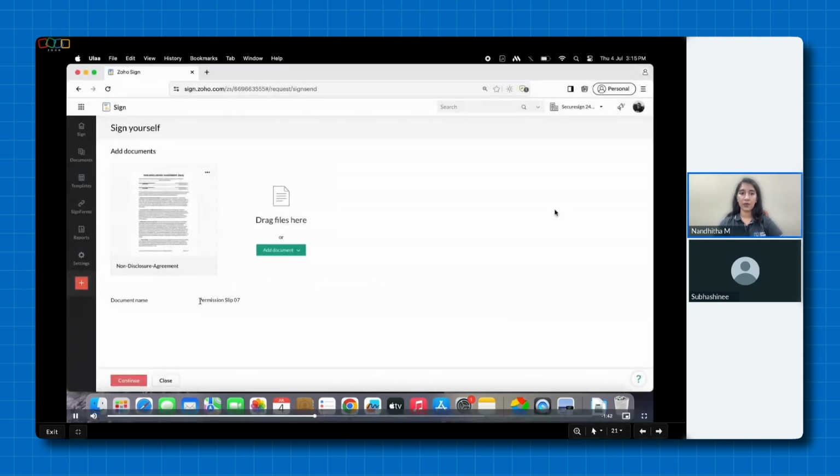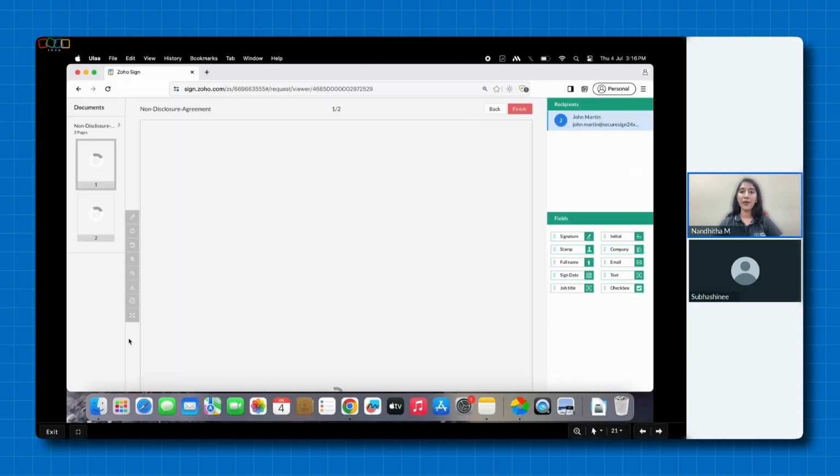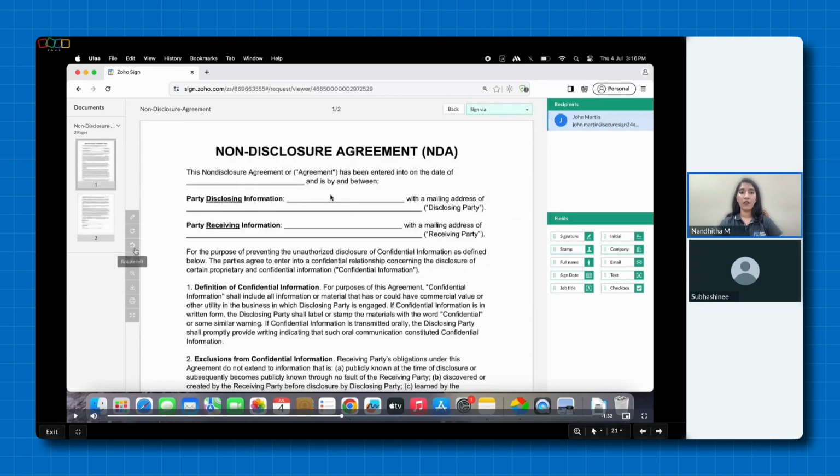We can change the name as well. So you can just change it to NDA or whichever name that you wish and click on continue. Now you will be taken to the document viewer tab. So here you will be able to see various methods through which you can change how the document viewer works